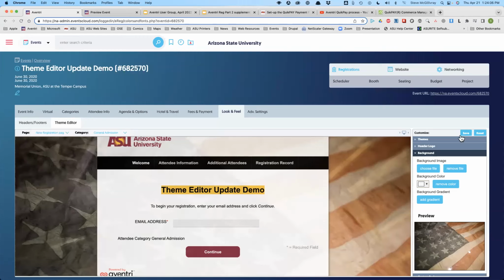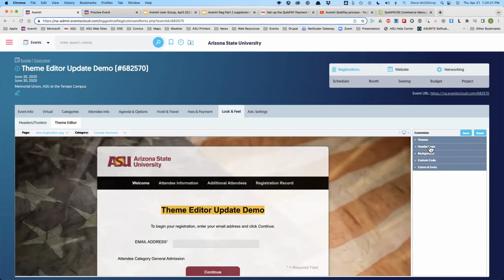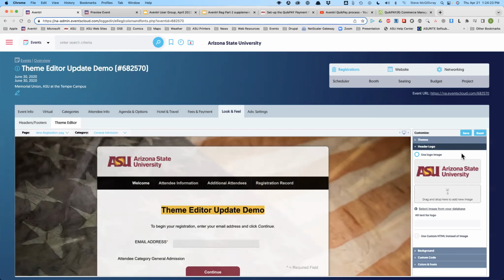But so now I've made that change again. We hit save. Lovely. All right, so that's one thing that most people like to change, the background image. So how do I change the logo? Again, we go into the header logo area, and this probably is the number one image error of users,